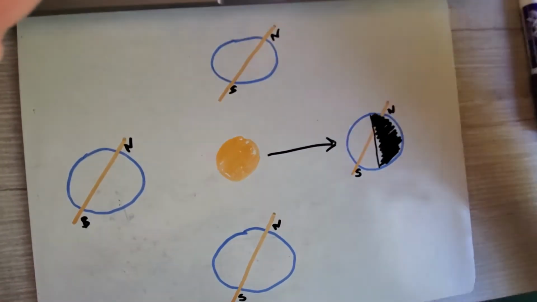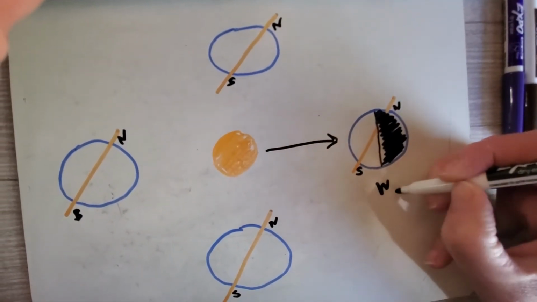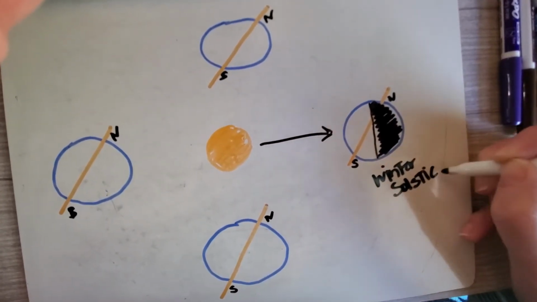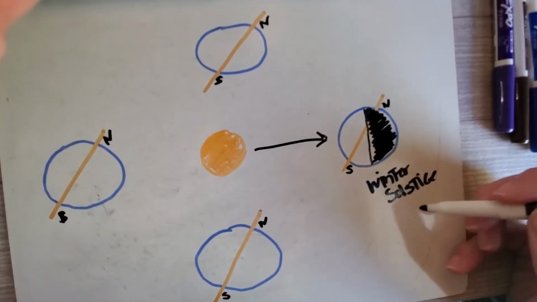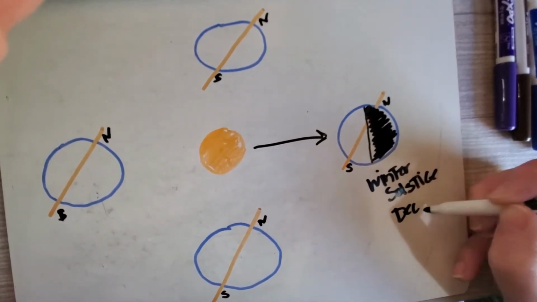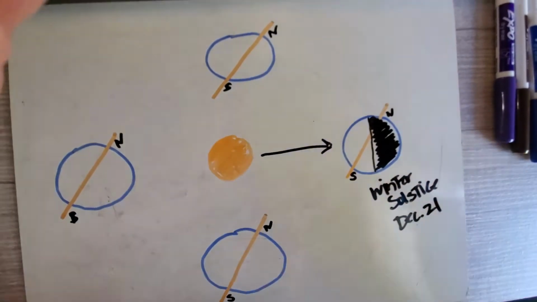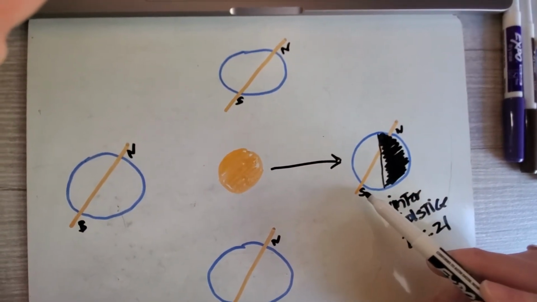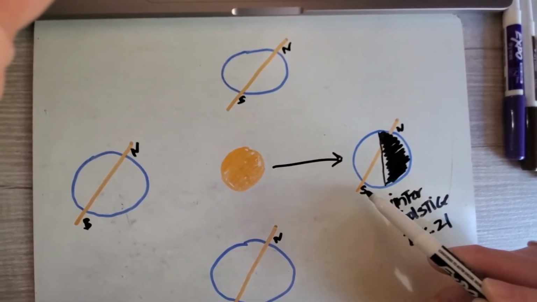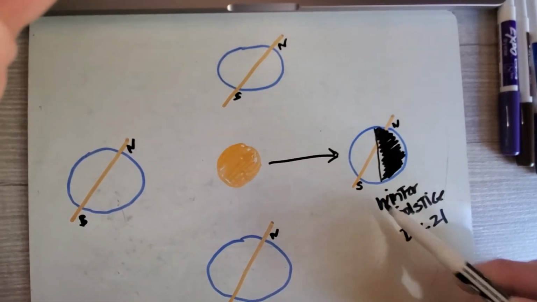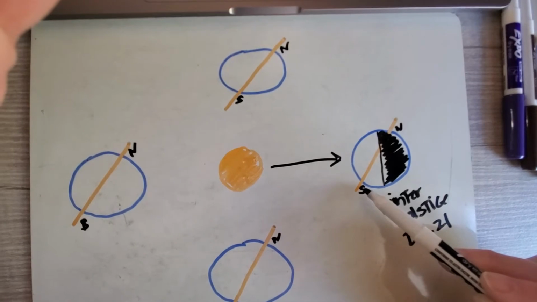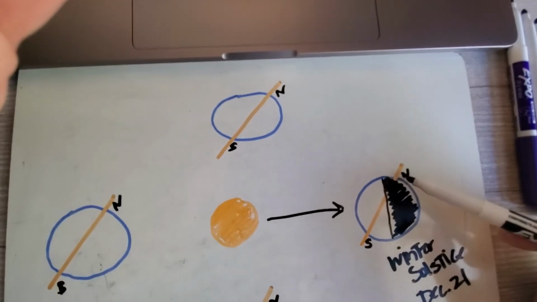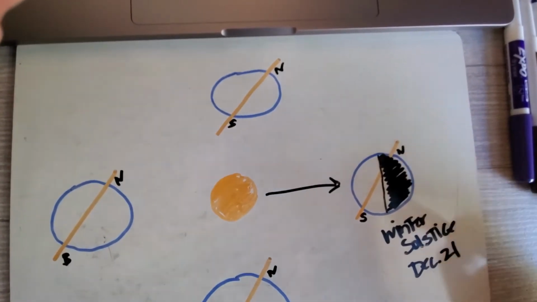Okay, so this is going to be winter. Winter solstice. I want you to make sure you write all this on your diagram. December 21st. Okay, now let's look. During winter, the southern hemisphere is getting most of the sunlight. That means the southern hemisphere is getting 24 hours. In December, 24 hours of daylight. It's actually the South Pole, and the North Pole is getting 24 hours of darkness. Okay?